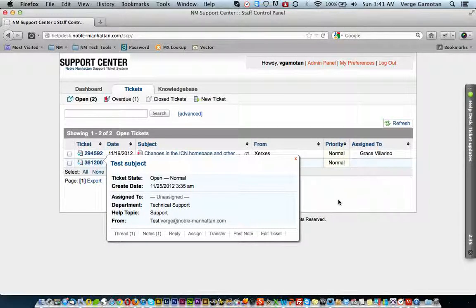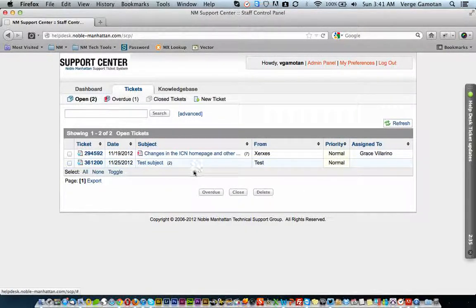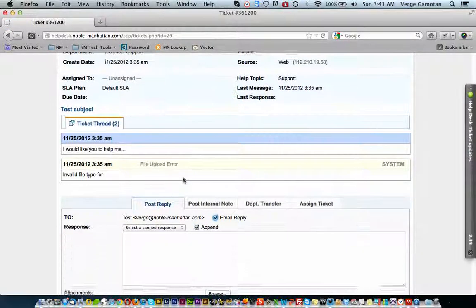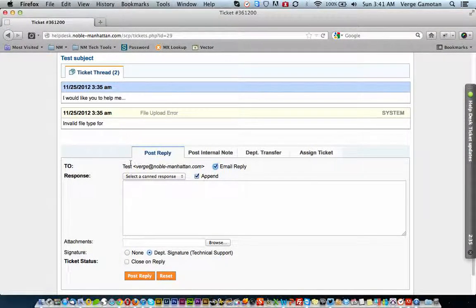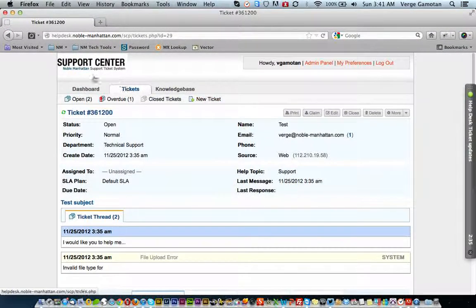Now, say you're the administrator and this falls under IT right now, you just need to click on test subject, and you would have the same user interface that you'll be seeing. And if you notice, email here would have one, which means that specific email address has submitted numerous or just one